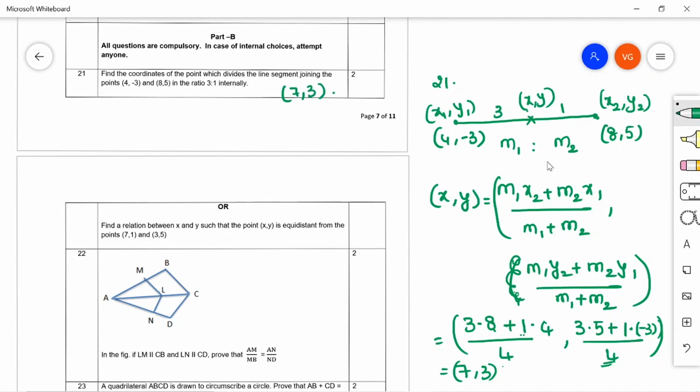So here, if you write the formula, you will get 1 mark, and trying to substitute the values and finding the final answer, you will get another 1 mark. So whatever it may be the problem, try to write down the formula at least. Though you go mistaken with the calculation, you will get 1 mark for writing the formula itself. Don't forget to write down the formula.